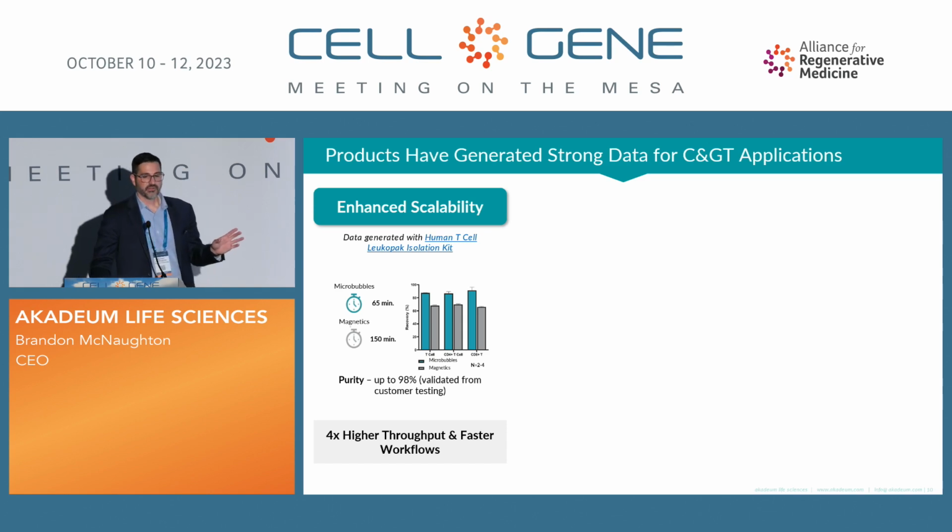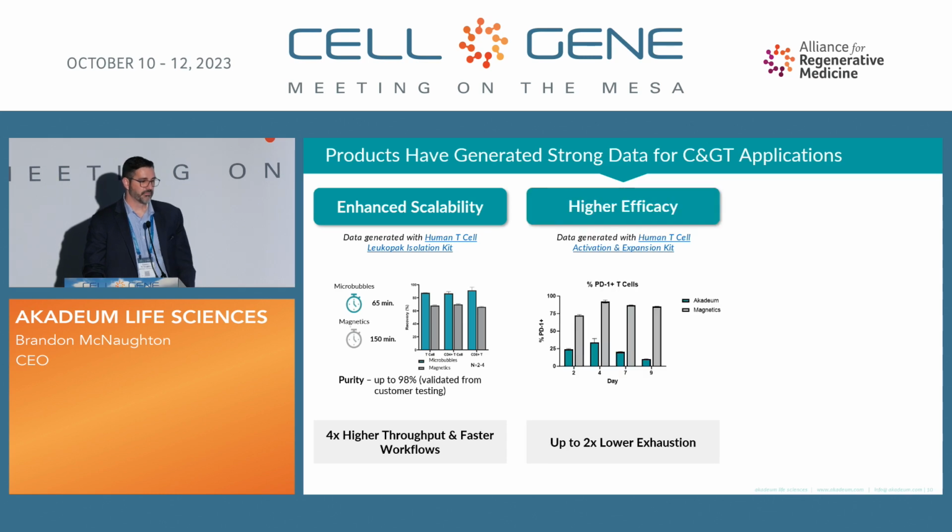Enhanced scalability in testing, and one of the things I'll show in a minute here, we do have a closed system that we're starting a beta program on. And what we've seen is we can have 4 times higher throughput in terms of cell number and also in terms of sample numbers. If you go back to what I was saying before about gentleness and exhaustion, this is